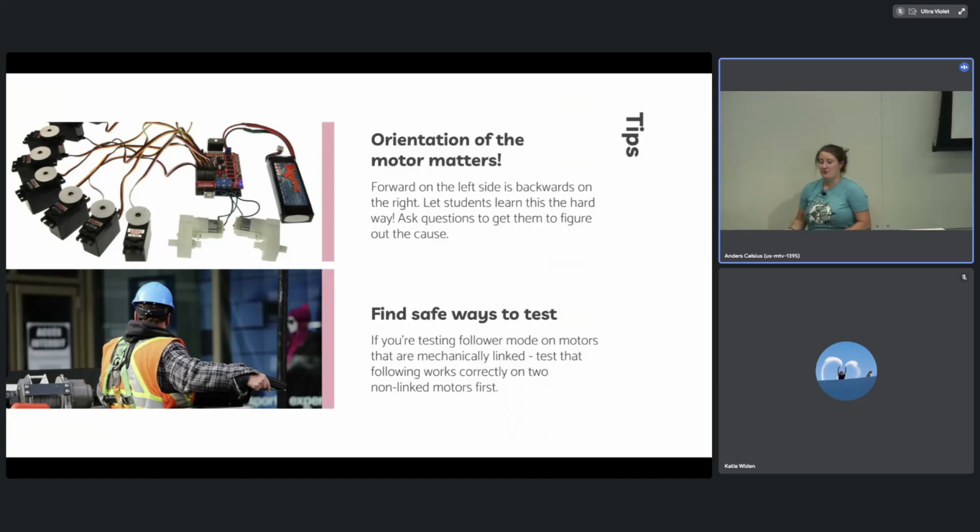And I try to be really honest with my students. I'm like, hey, if we get this wrong, something might break. And it scares them a little bit, but I want them to be healthy scared. But there's time. So we'll test following with non-mechanically linked motors. I'm like, well, let's make the shooter follow the drivetrain. And if we get that right, then I'm like, okay, cool, we can do this. So we're starting early on how to test things safely, because when we get to things like arms, it's really important we don't kill people.